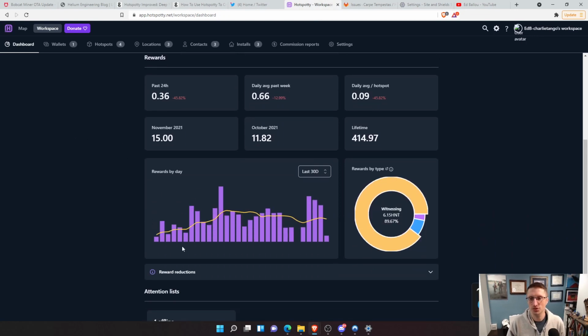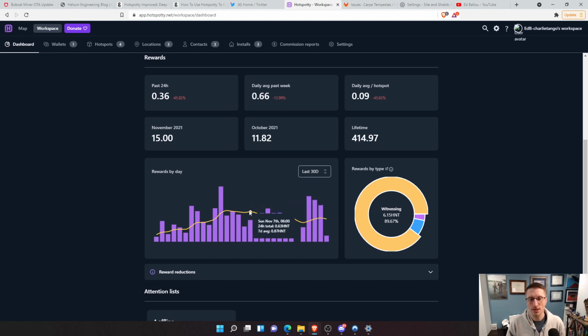All right, so this shows the rewards by day, and what this does is it shows up and down for the term of this, and kind of continuity of earnings over the last 30 days. You can look at a month only and that sort of thing. So you can see that pretty much the People's Hotspot has been fairly steady, maybe a little bit of